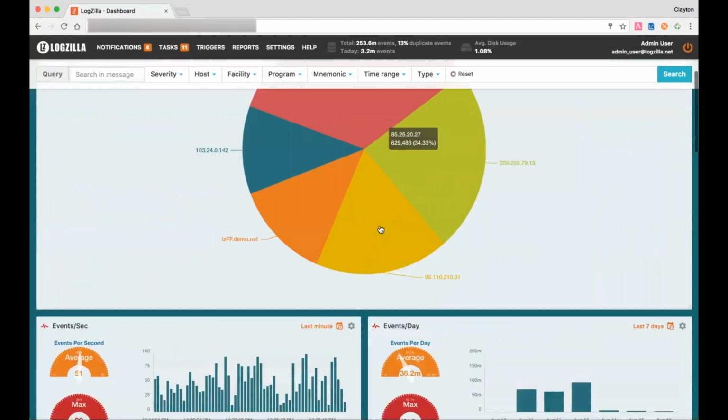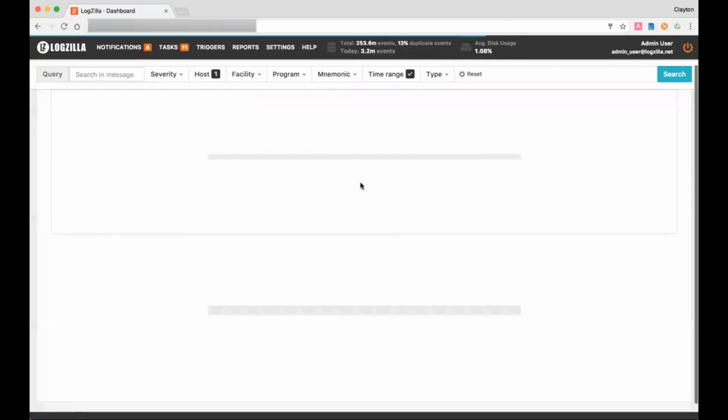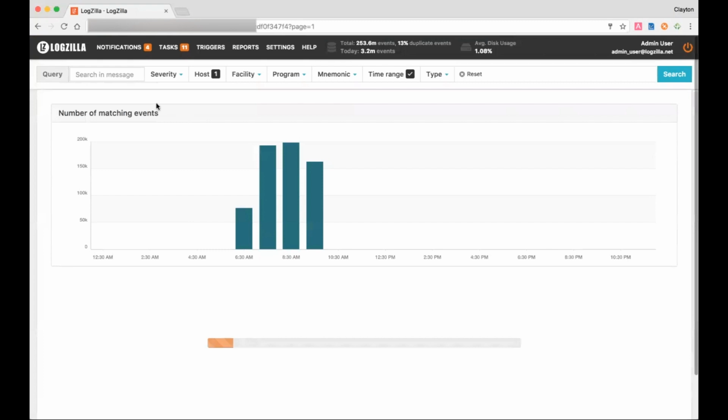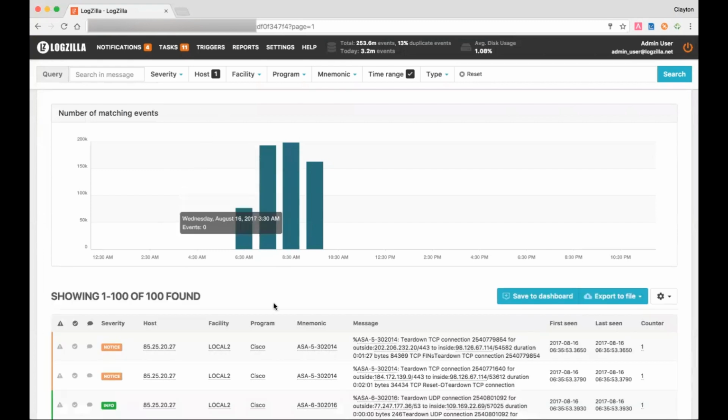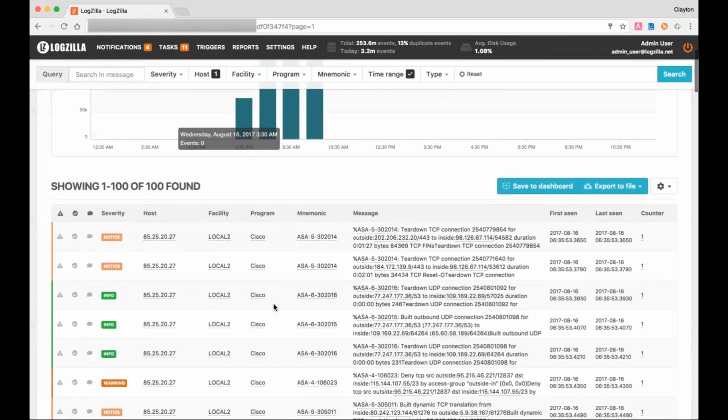So let's say we want to expand this. We can click here and drill down into events. As you can see, this is nothing like what you get presented with a lot of the other software out there. It's quite beautiful, very usable. Everything in here that's underlined can be used to get